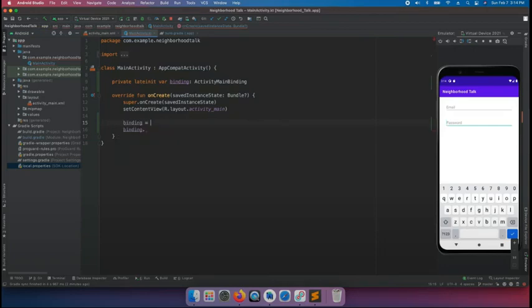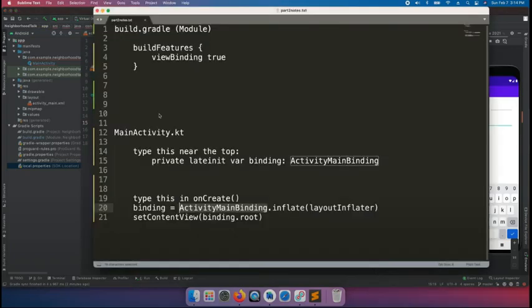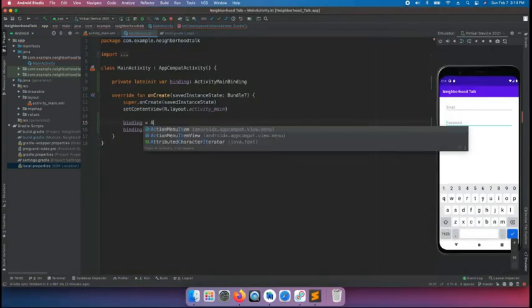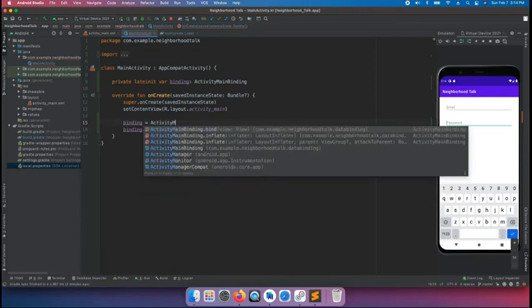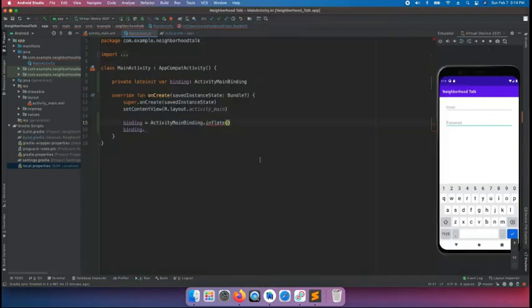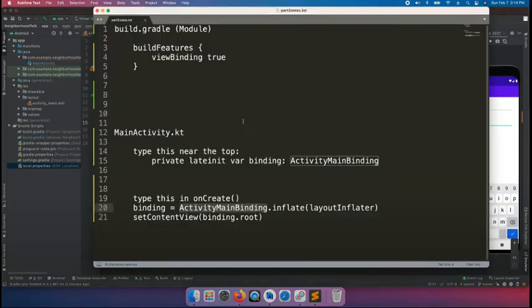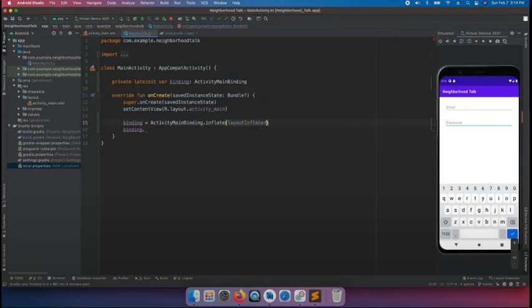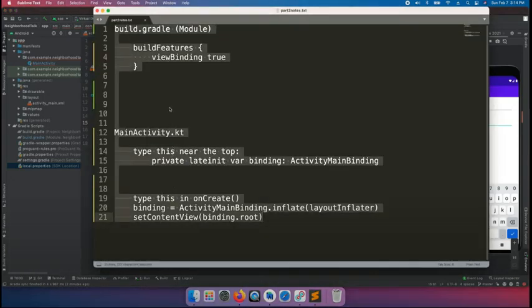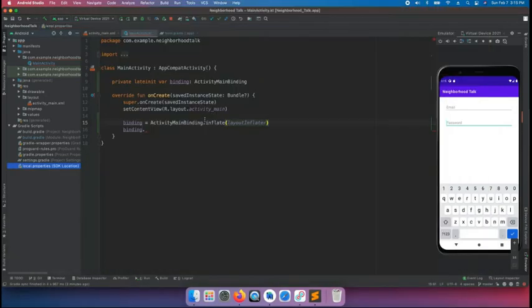Binding equals, then it was ActivityMainBinding.inflate, I think. Then we'll just pass in layoutInflater, and again I'll just paste this in the notes so you can actually copy and paste it. I guess I could have pasted it. Anyways, so with that,